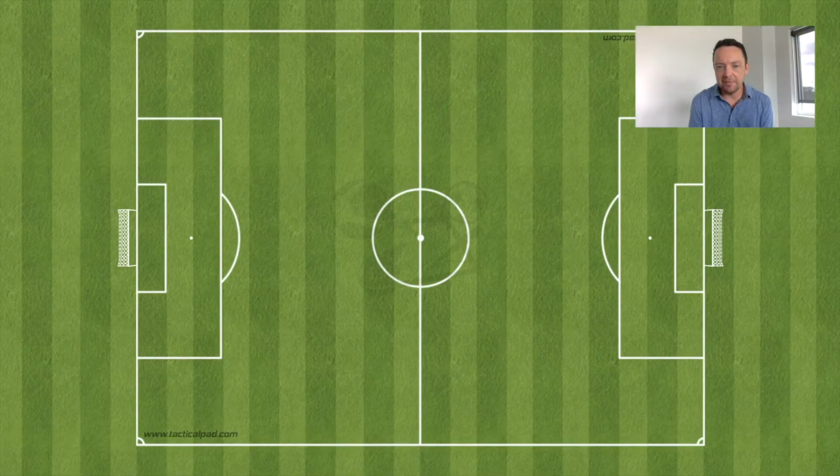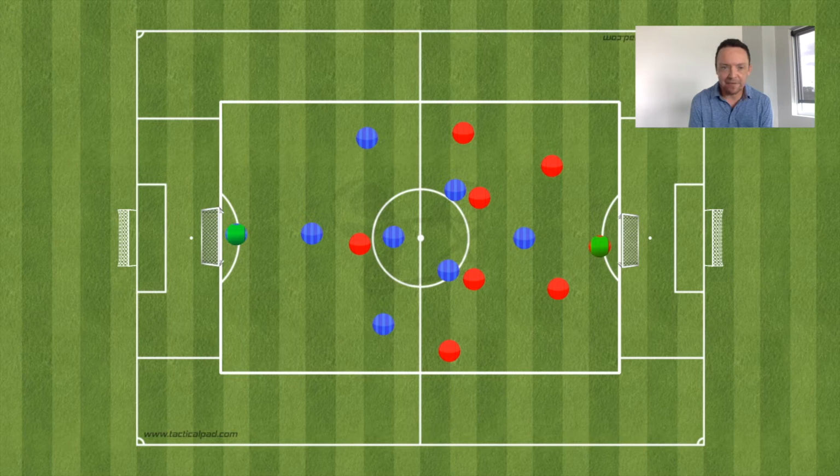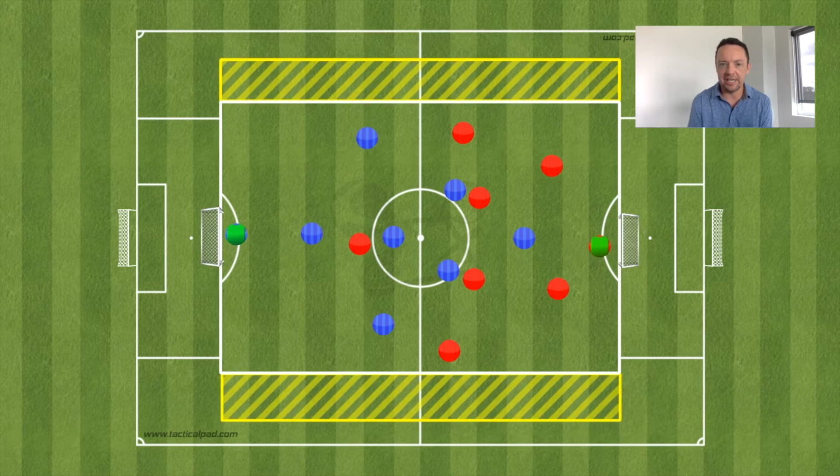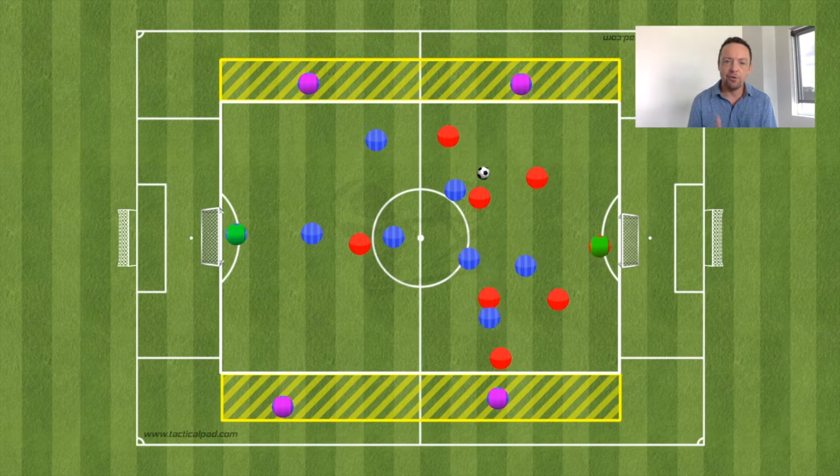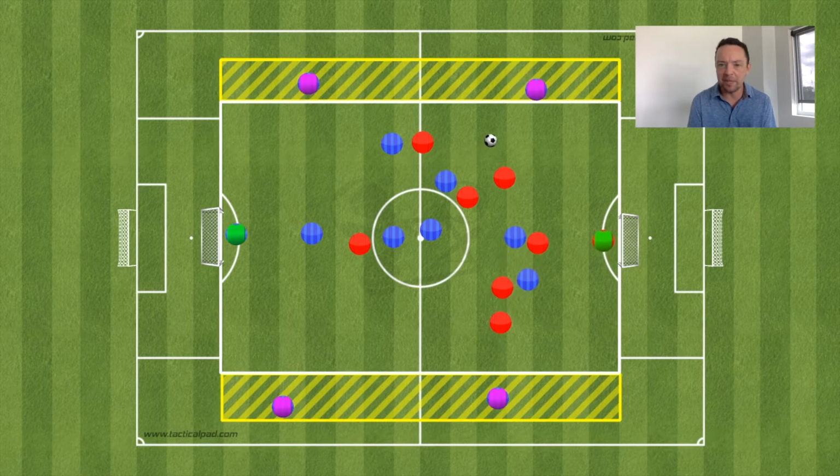How could you work on that on the training pitch? So here's an example of what you could do. 2 teams, red versus blue, 8v8, and then 4 neutrals, each in the yellow zones on the outside. So you're going to play a match with no restrictions in terms of touches or movement for the red and the blue team. But if you win the ball back and you play to a wide space, to a purple,